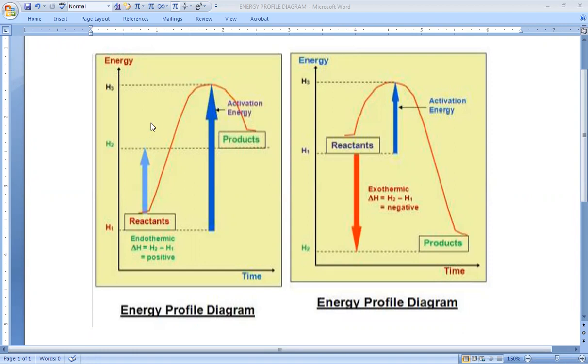This is the original energy of the reactants, H1 to H2. So the reaction proceeds by absorbing heat. That is why more energy can be absorbed. But this is the difference here: products are formed. So reactants convert into products, so more energy is needed. This extra amount of energy which is absorbed by the reaction is called activation energy. So this diagram is called the energy profile diagram for an endothermic reaction, and this is the energy profile diagram for an exothermic